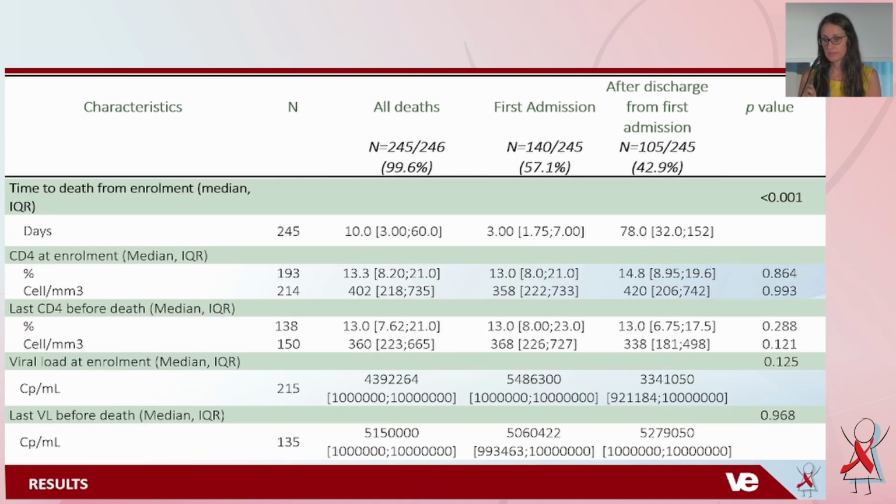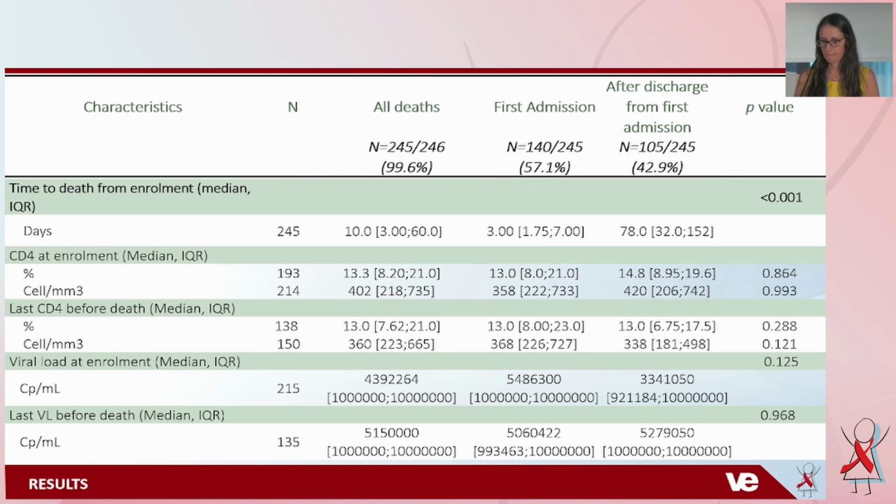The children died in the first admission quite soon after admission, at 3 days, whilst children dying after discharge died 78 days from enrollment. The CD4 was not different between the 2 groups, at around 13%. There was also no difference in viral load between the 2 groups, but the viral load was very, very high in all